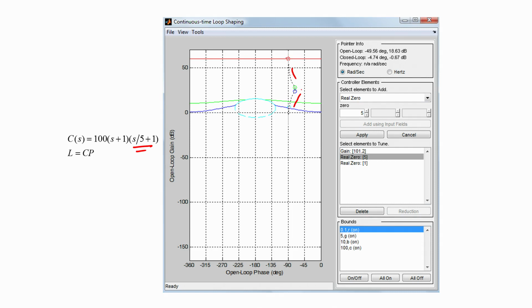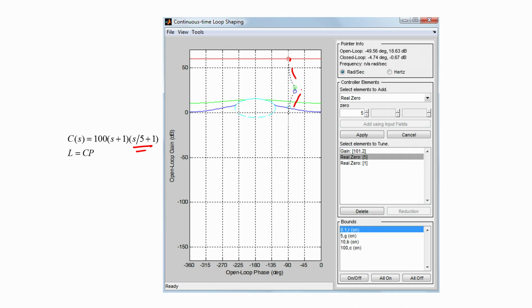The red circle, which is the loop gain at 0.1 radian per second, is exactly on the red bound. The green and blue circles are above their respective bounds, and hence the loop gains are higher than what they need to be in order for all the specifications to be met at those particular frequencies, and this curve also is not inside the forbidden circle, which is necessary for stability to be satisfied.